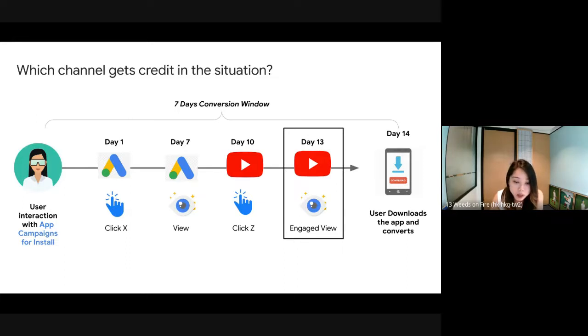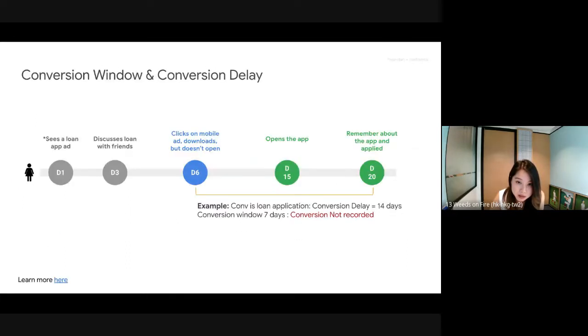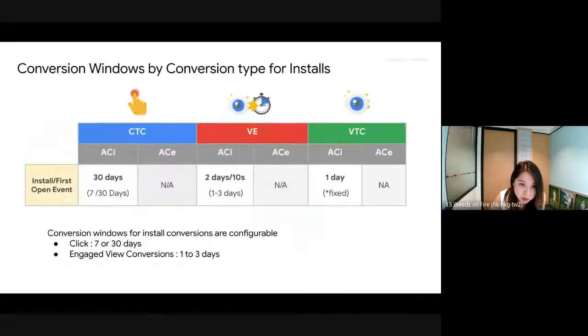And second of all, we can go back to this slide. Let's see whether we can go back here. So we are talking about installs here. And we know that for view-through conversions, when it is within 1 day, if they watch this video the day before it converts, the credit actually will be attributed to view-through conversions.